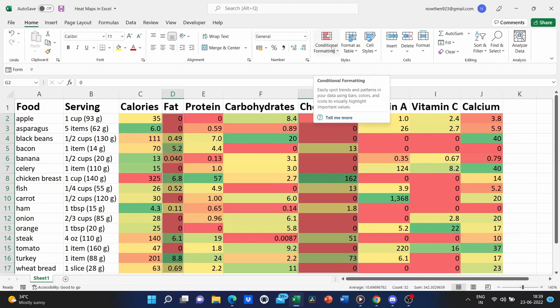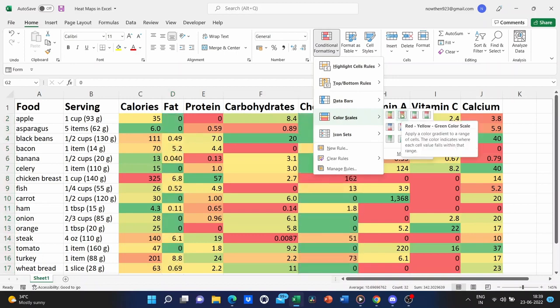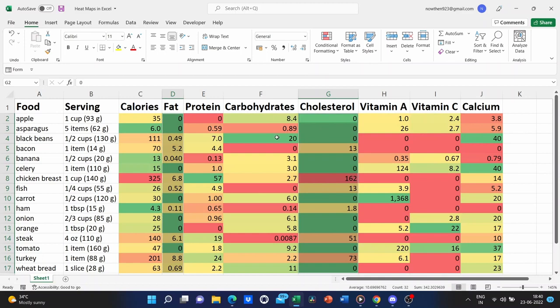So with both of those columns selected, I'm going to go to conditional formatting, color scales, and we will swap the option again so that in these cases, the lower numbers show up as green. Alright, so there isn't really one correct way to do this. It just depends on the data and the information that you're trying to share. The way I have this set up now, it's meant to show what foods are perhaps healthier with maybe fewer calories, a little bit less fat and cholesterol, and maybe higher amounts of vitamin A, vitamin C, and calcium.